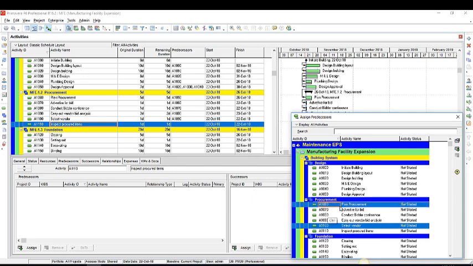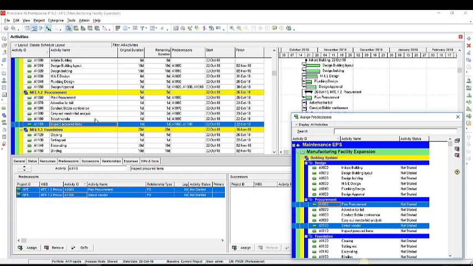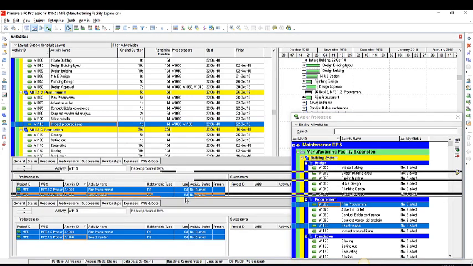So I hold my control button, and then I click on the plan procurement, and then I click on the assign button. So I've created relationships also between activities that I have in my procurement work package. So next, I'm also going to do exactly the same thing for activities under the